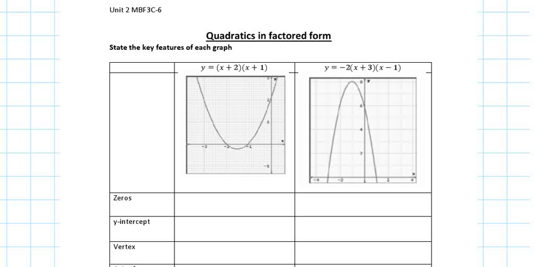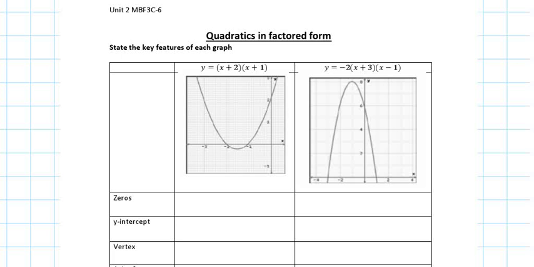Okay, so we have learned earlier this week that we can go from standard form to the factored form by factoring, and we learned the different types of factoring: common factoring, difference of squares, and the sum and product. Today we are going to look at quadratics in the factored form, and why do we think quadratics in the factored form are important for